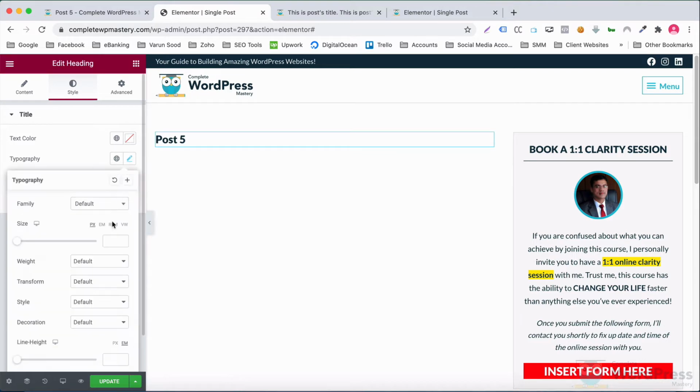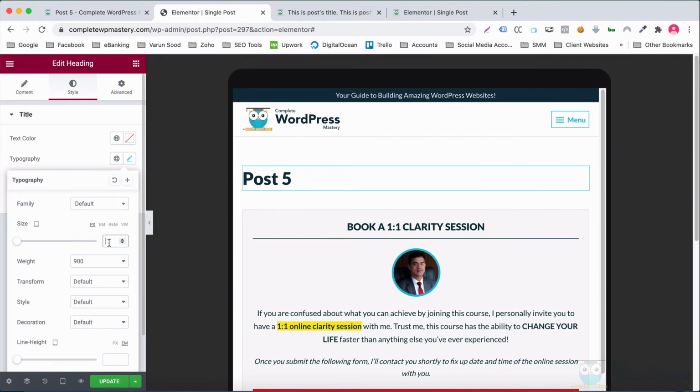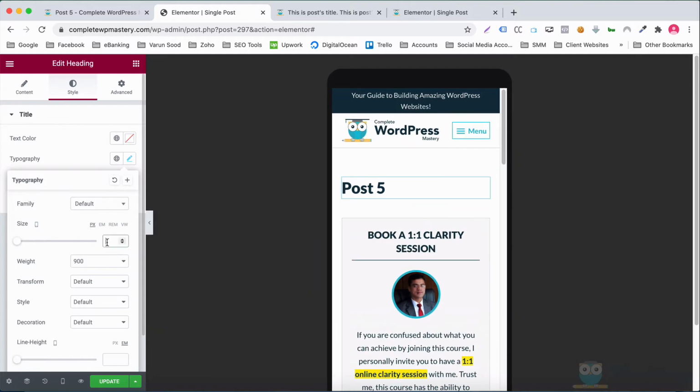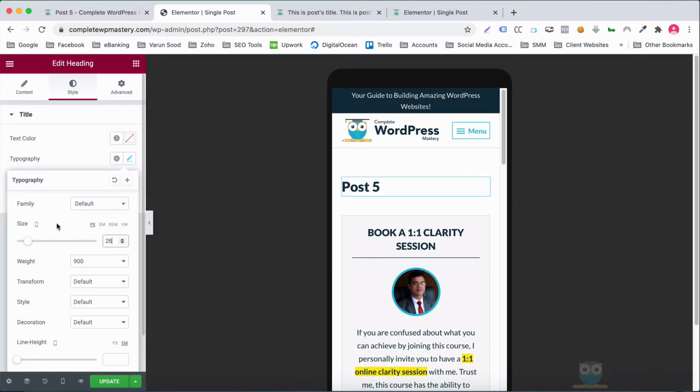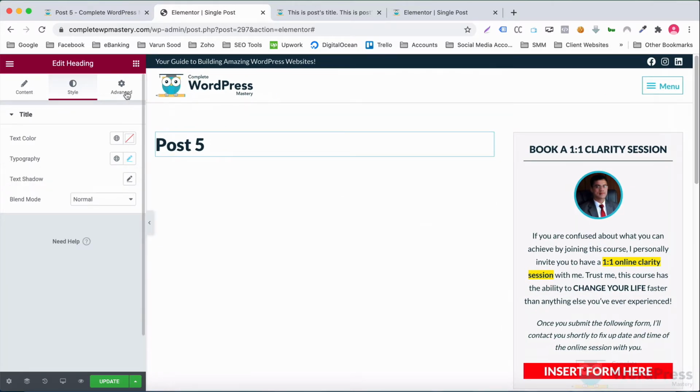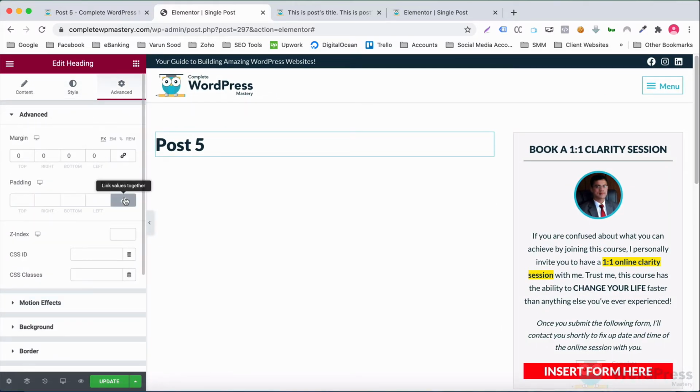I'll adjust the font size for all devices. And set its margin and padding to 0.